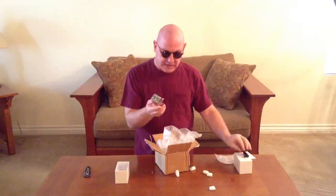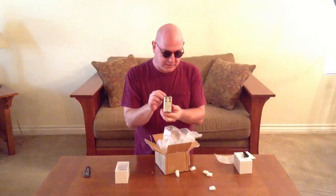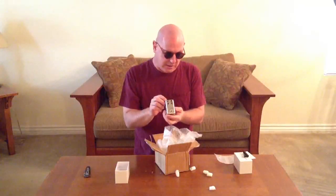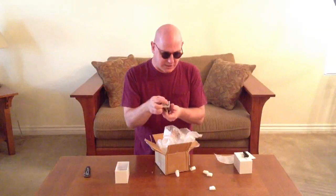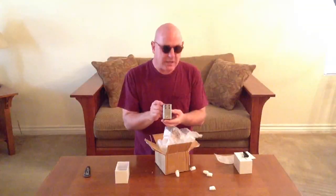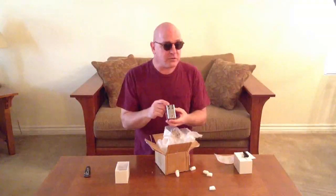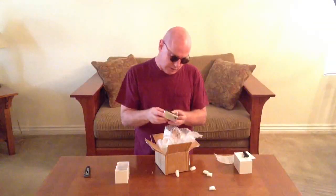This is a 1/8 inch to a 1/4 inch adapter, and we'll get to that here in a second. This pedal actually has some very cool features to it. As you can tell, it's incredibly small, so fitting this on your pedal board, probably not going to be a problem. You have 1/4 inch inputs and outputs on it. There are 4 knobs as opposed to the earlier Violet delay, which only had 2 knobs. In this case, we have a delay control that goes anywhere from practically 0 delay time to 100 milliseconds, 1,000 milliseconds or 1 second. There is also a mix for the wet-dry ratio, and